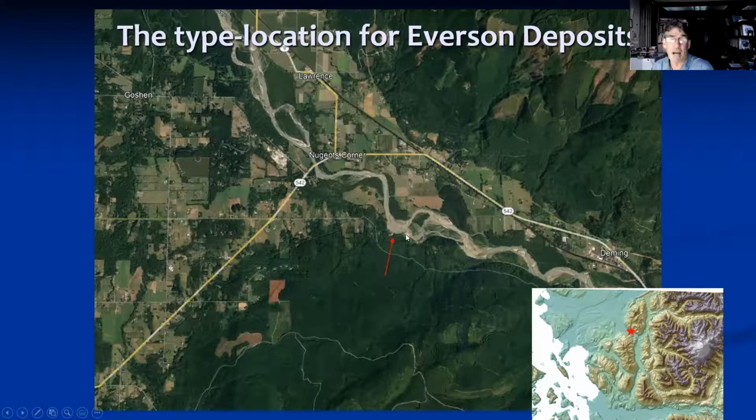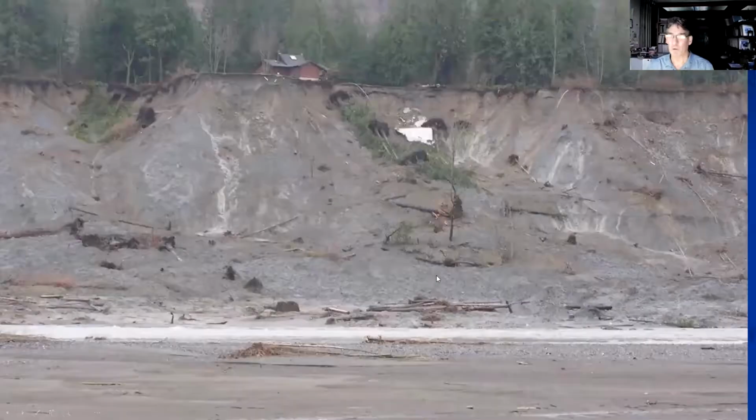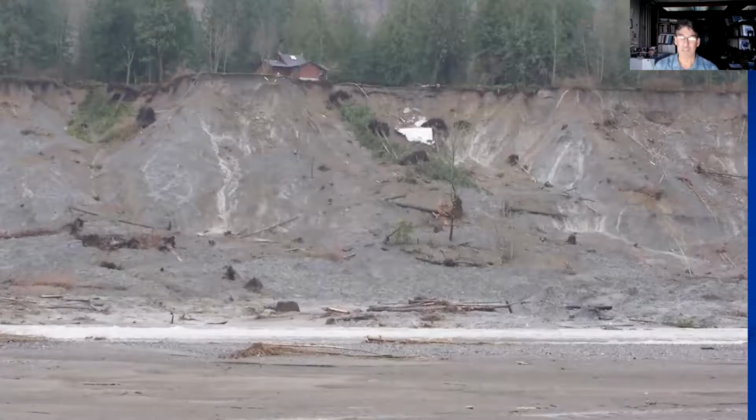I've gone back numerous times, and the type area is on the outside of a meander bend along the Nooksack. This area was completely flooded this last week too, by the way. If anyone heard about the flooding we were having, this place was completely swamped through here. I'm guessing it has probably refreshed this cliff, this exposure, which is kind of a wild place. It's our miniature Oso. It's similar to Oso in a lot of ways, with similar types of deposits and the same sort of setting. It's a river undercutting a cliff of dirt, basically, of glacial sediments, and it's eaten away several houses.